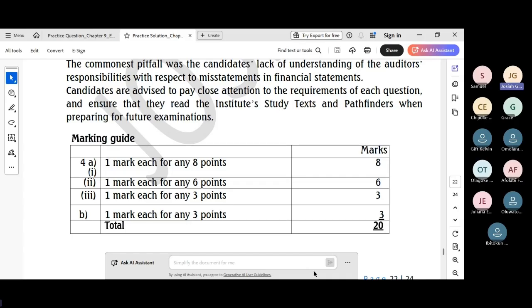Then for the 4A, third aspect, after financial statements have been issued, which is 3 marks. For the required 3 points, you need to focus on post-release action after the financial statements have been released. The first thing is the auditor has no obligation to perform any audit procedure after the financial statements have been issued. Secondly, around post-issuance actions, if a material fact becomes known after that, the auditor must perform the steps of discussion first with management, determination of amendment or adjustment, and inquire into management's plan to perform those adjustments.